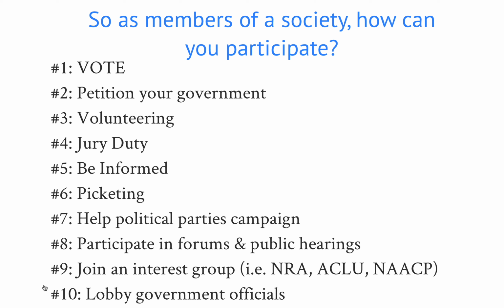So, number 2, you can petition your government. Petitioning is simple. You write out a petition. Different cities or states might have different policies on what the petition entails. But for example, you could write to your school board and say, we would like to ban school uniforms, and you would have to draft a statement, and then you would have teachers and students and parents sign your petition, and you could present it to the school board. Going back to power in numbers, you'll get a lot more accomplished if you have a lot more people behind you than it just simply being you presenting an idea.